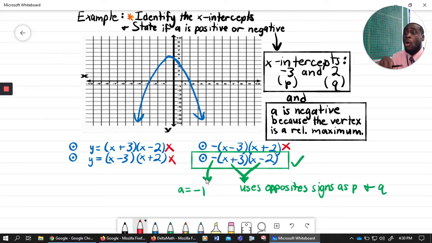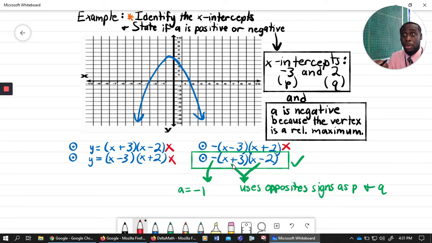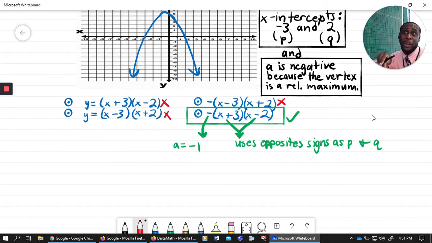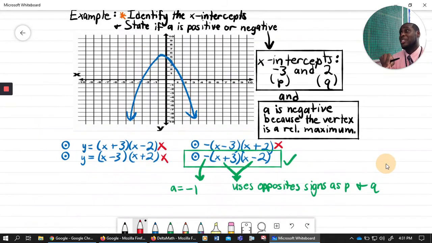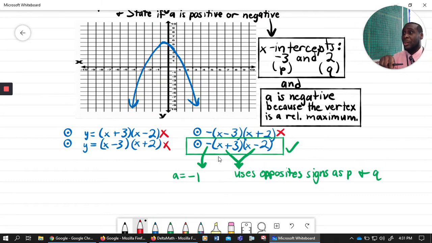So, guys, on Delta Math, listen carefully. On Delta Math, this is where you'd be done with that problem. But I want you to show even more work. So keep watching, don't hang up the phone, because what I want you to do from here is identify what the vertex is using this particular